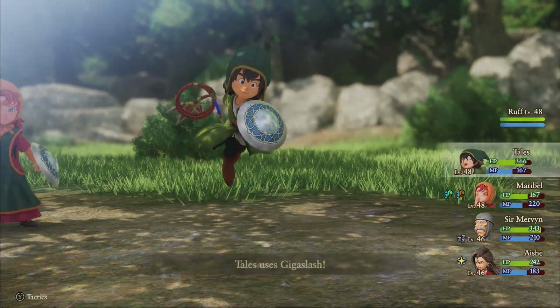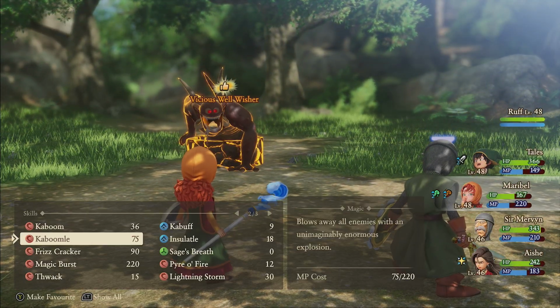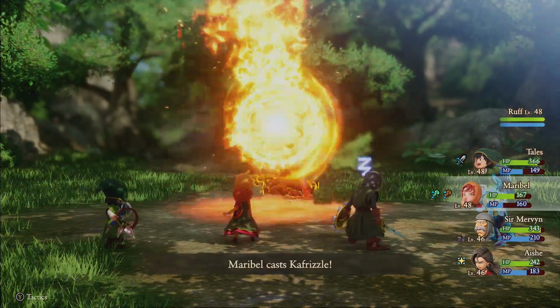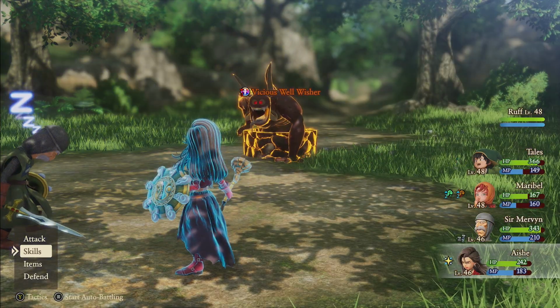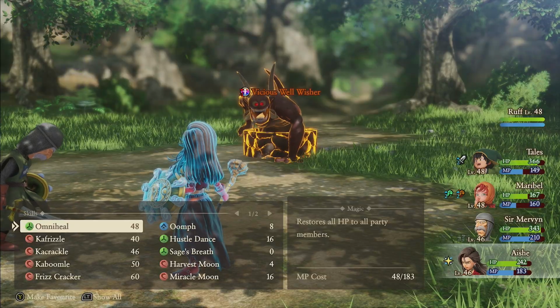Sir Mervin is still being lazy. There's our Giga Slash. And then Maribel. Frizzle? Really? This could be insane here. Wow, you really use a lot of MP, but hey, 1,000 damage per cast is kind of ridiculous. I think I see what strategy I actually need to go with her then. And that is that I need to...